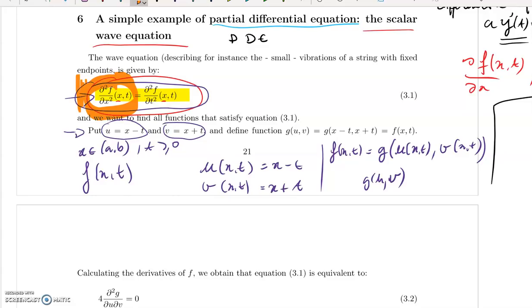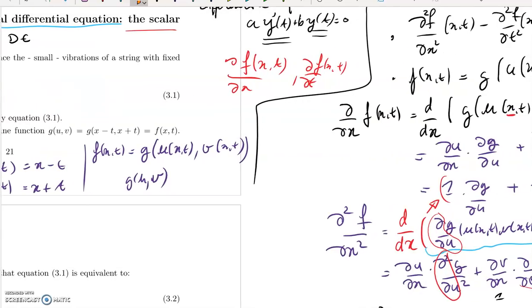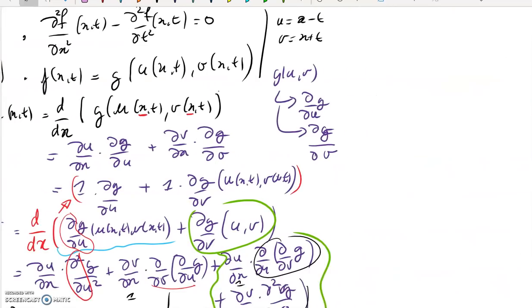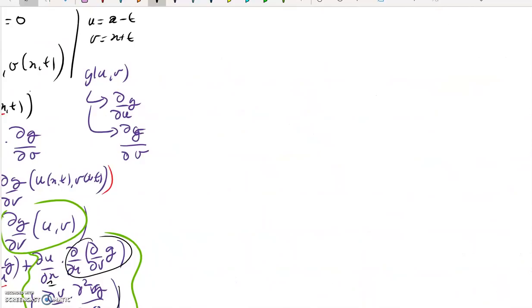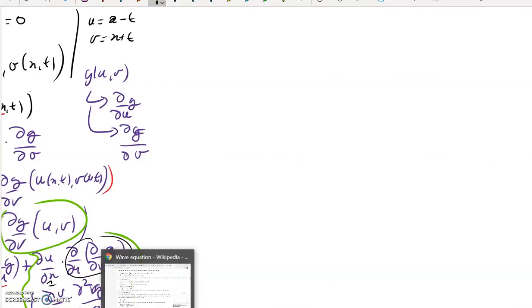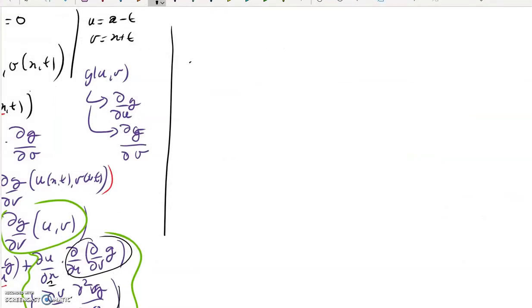So again, I propose that you pause and you do the same kinds of calculations we've just done, but for our function, oh, sorry about this, for our second order derivative dt squared. Okay, so which is going to be